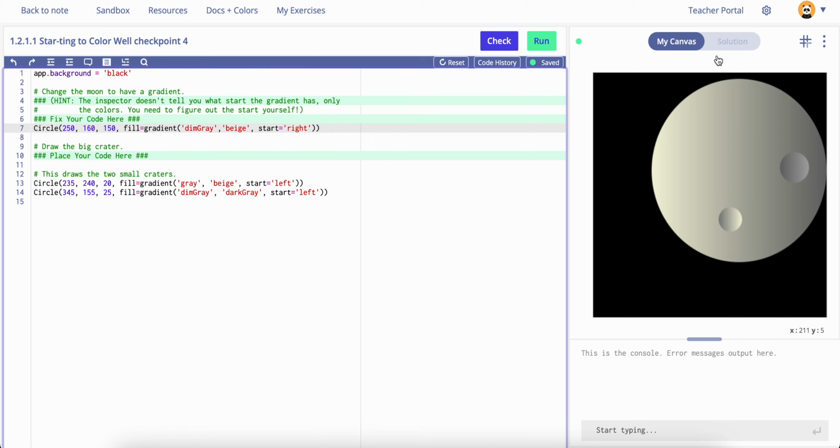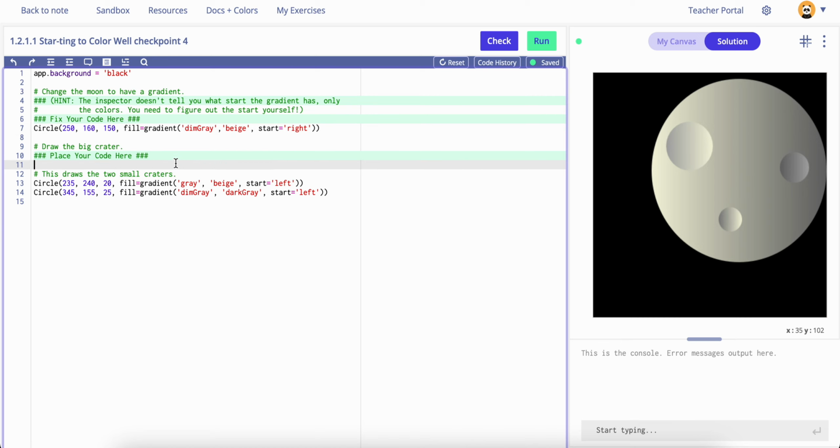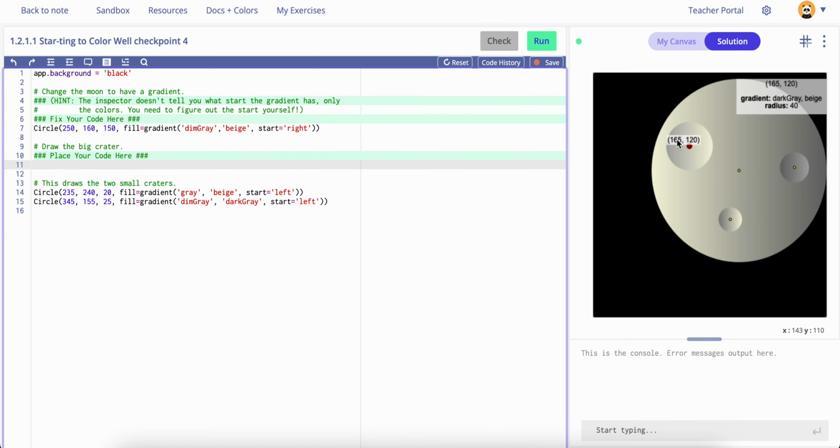All right. Anyway, after that, we also need this crater, right? That looks like the last thing that we have here, and it's also a gradient circle. So let's just go ahead and add that right here. It tells us, if I just put a little line there, so circle, right? This is all fairly simple now. So x comma y, and then we also need the radius,